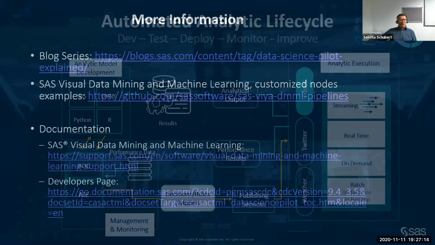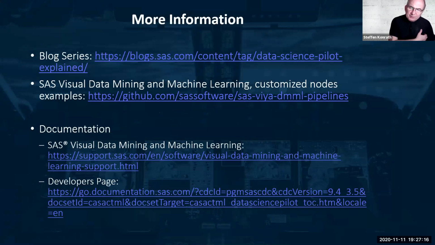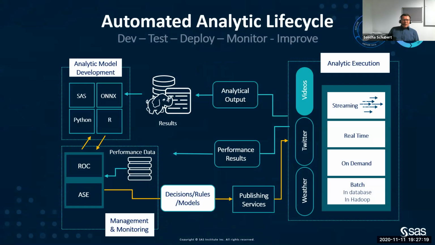And with that, I think, how do you detect model drift? Yeah, we do that with our monitoring capabilities. So we have here the performance analytical output, performance results, and they go back into our model management and continuously monitor if the model drifts or not over time using different statistical parameters. So we look at the input data, we look at the predictions of the model, and we compare that over time, and we compare it against the actuals to find out if the model is still predicting well or not.